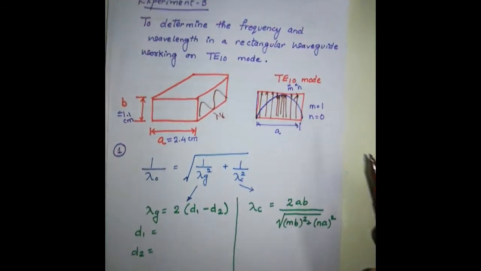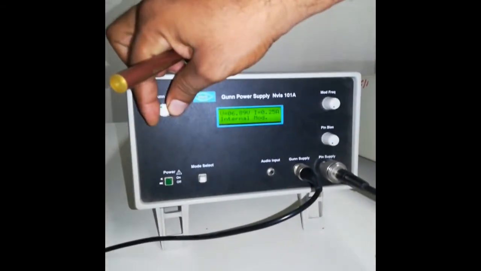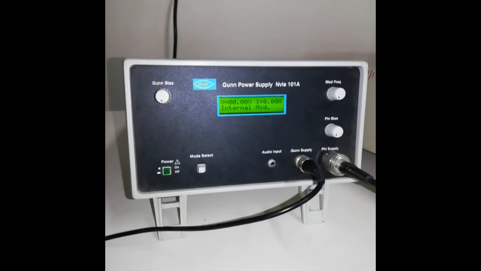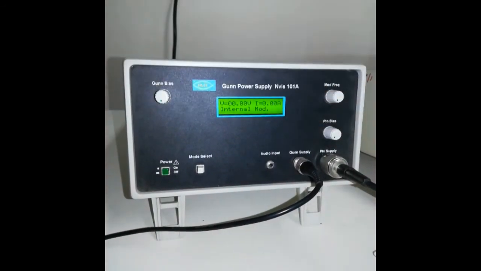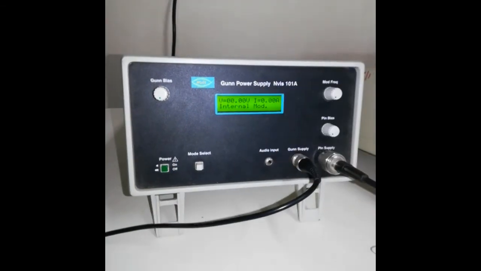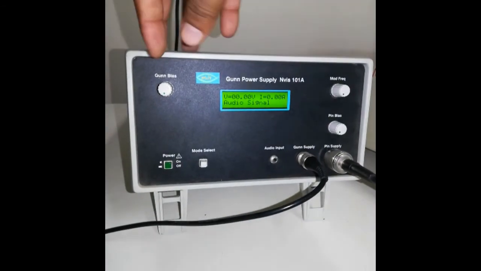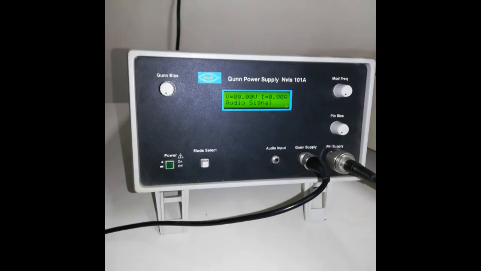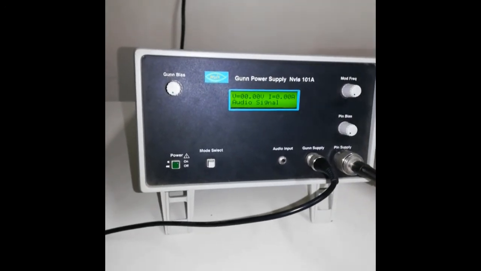Now to measure the guided wavelength, we will do the experiment. So let me make this in default mode. Whenever you start any experiment on this workbench, first of all you have to ensure that all the knobs are at minimum position. So voltage will be 0 and current will be 0. Next we have to ensure that whenever you change this voltage, it should never be greater than 9 volt, otherwise it may damage our Gunn oscillator circuitry.